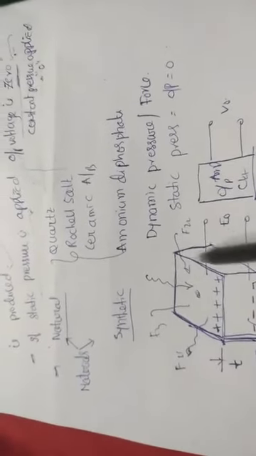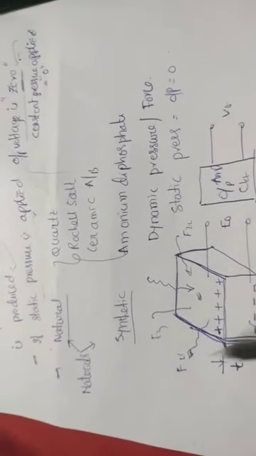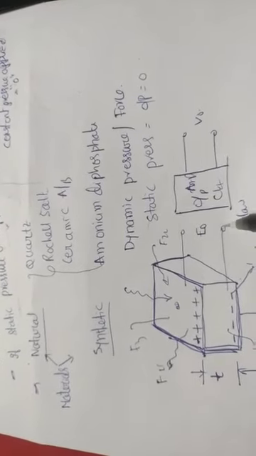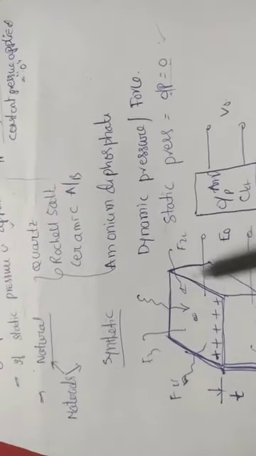The main important point is that we are applying a dynamic pressure across the crystal in any direction. The crystal deforms and charges are produced at the surface of the crystal. So through the electrodes, the output voltage is collected. When you apply a static pressure, the output voltage is 0. At any side of the crystal you apply a force or a pressure, it deforms in different directions.